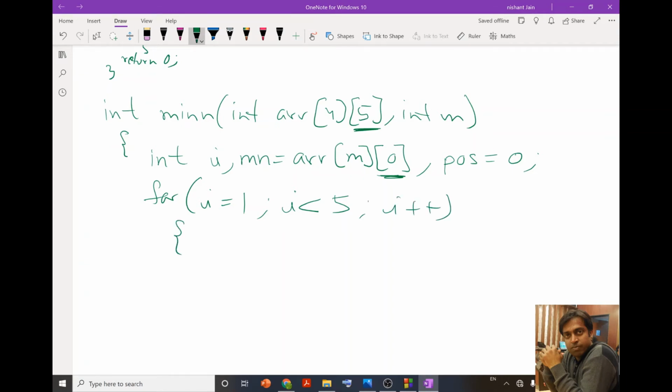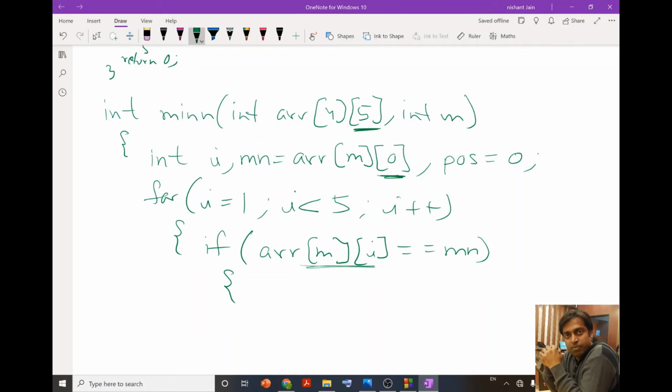Inside this for loop I will first check a condition: if array m i is equal to mn. Now if this is the case, then it means that there are two values, the first element and the second element, that are equal to each other. So if this starting element is the least value present in the row, then this second element is also the least.